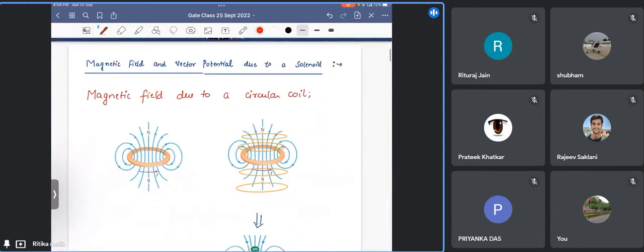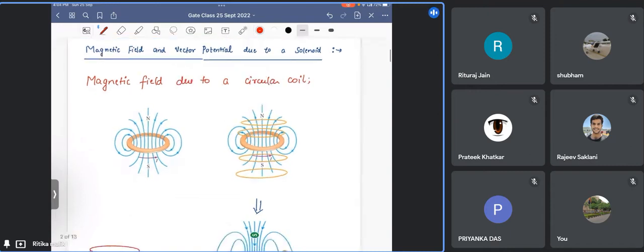So, I think you are all familiar with this concept of magnetic field due to a circular coil, as I have told you in the last class. It is very much like the magnetic field created by a magnet. So, if you wanted to calculate the direction of the magnetic field due to a circular coil, for example, consider this case here. Your current is flowing in this direction. Then the magnetic field at the center of this coil can be calculated by right hand rule. You have to curl your finger in the direction of current,